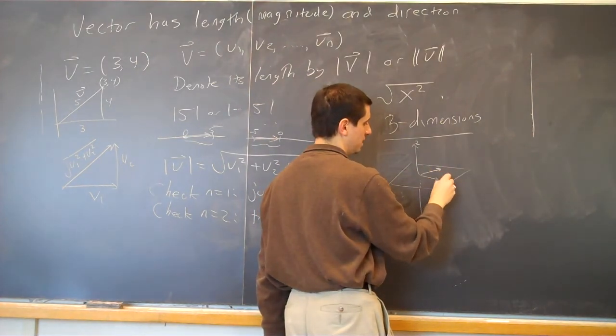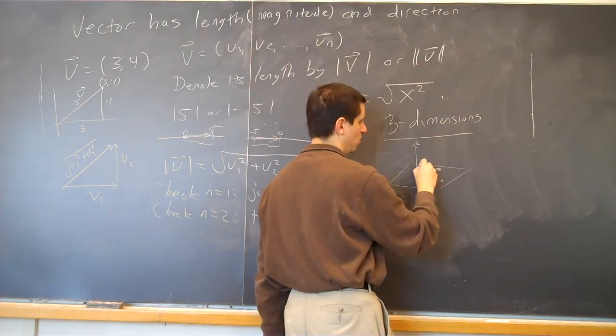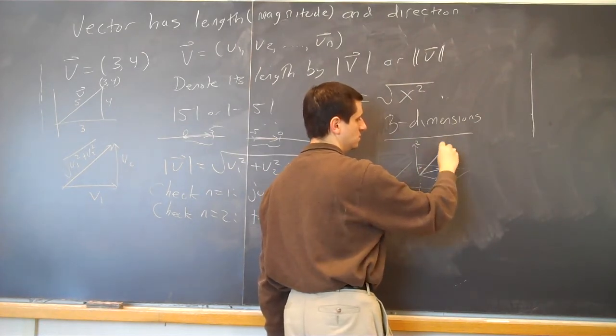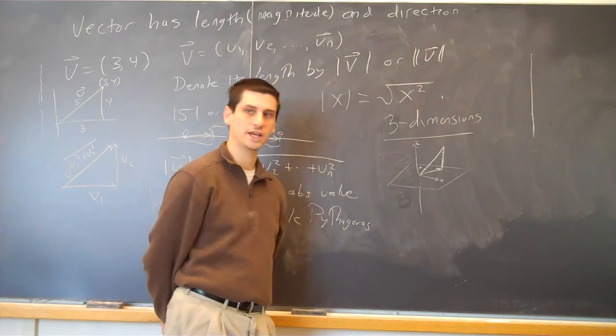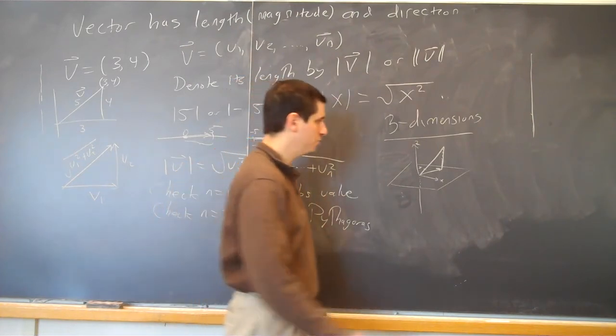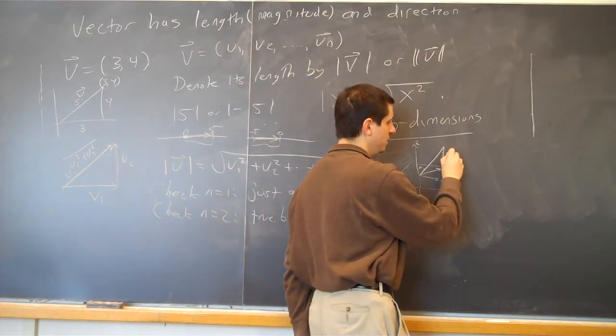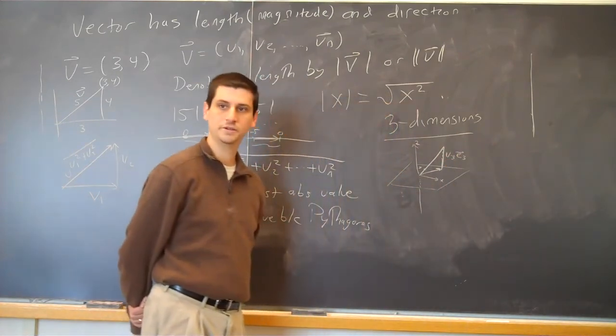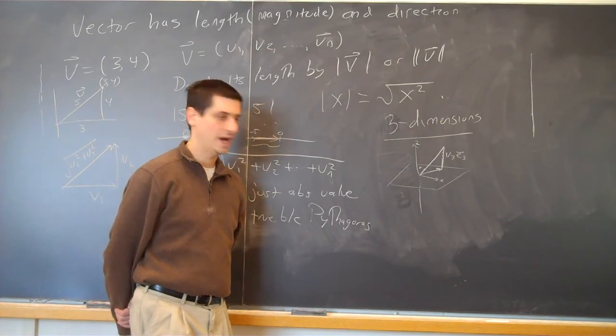And maybe here's my x-axis, and here's my y-axis, and here's my vector. So I can form a triangle like this, okay? And so here, it's going to be v3 e3, right? And now over here,